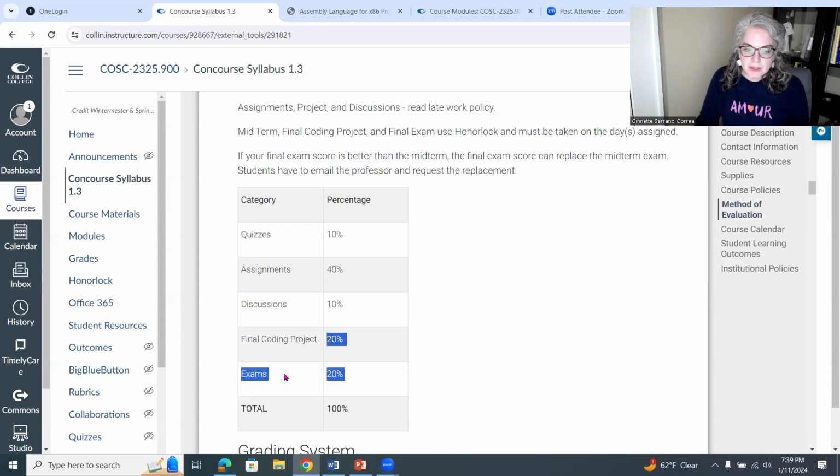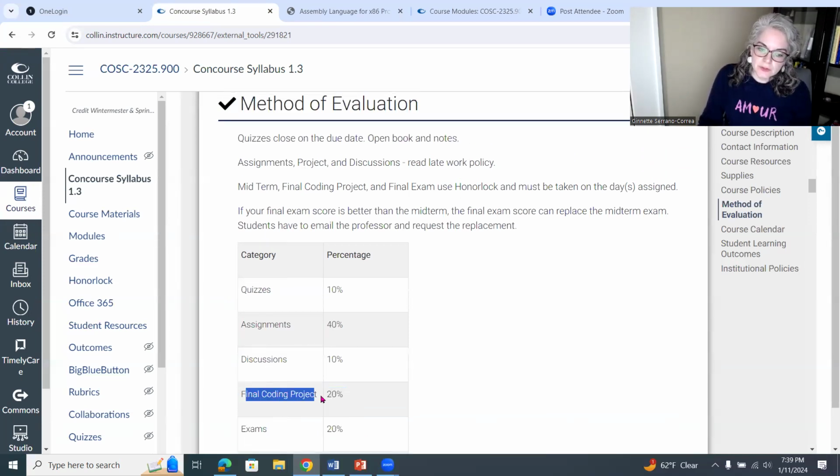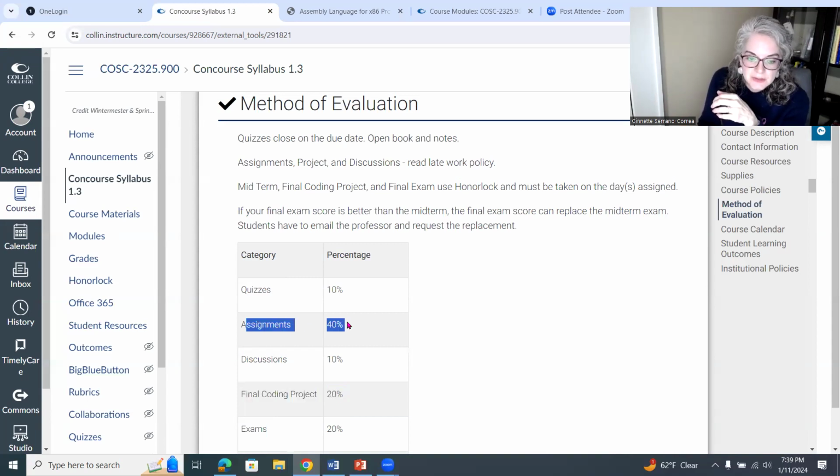These are proctored. So the two exams, the midterm and the final, and then the final coding project, they're all proctored. They're on honor log. And you have to either code or look at code and tell what it does. This one, you have to code. So it's just a project. You sit down, you're given a problem, boom, boom, boom, you type and you do a project. So it's nerve-wracking, and I do prep you really well. But you do have to put in the time doing these assignments by yourself, not copying from ChatGPT or somewhere else, or you're not going to be able to do this work here. Okay.